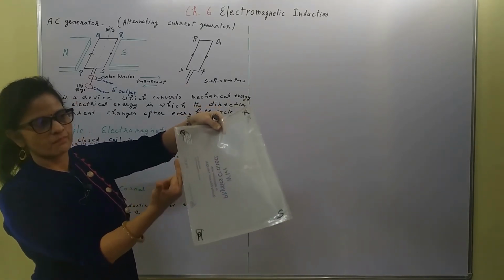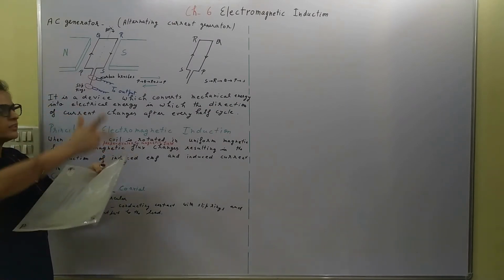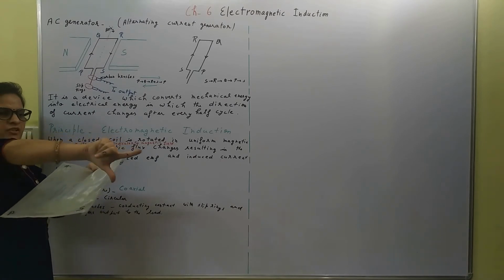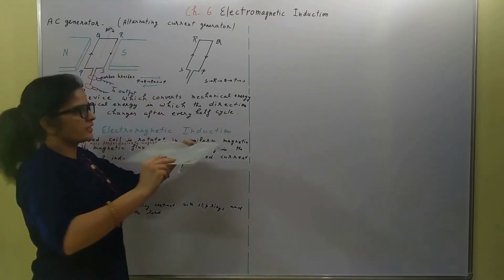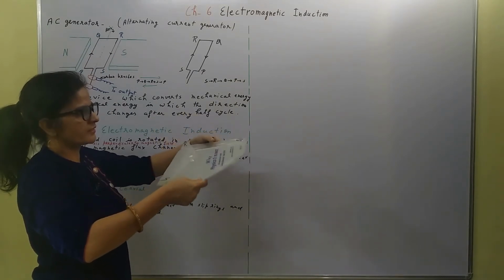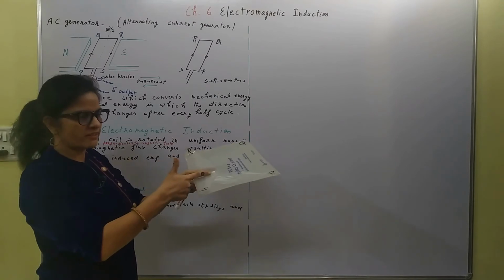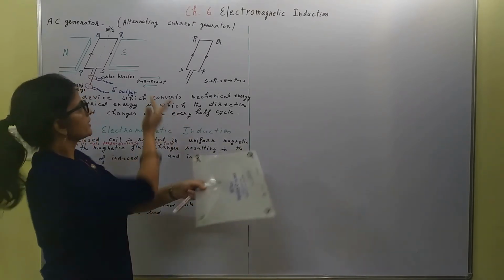Look at this, right? In the same thing, if you look at the direction, this branch, the RS branch, this is the direction of magnetic field. This is the direction of motion. So this will be the direction of current, that is RS. Now here it has become like this and then like this. So here again, this is the direction of magnetic field, the thumb is the direction of motion. So SR will be the direction of current.